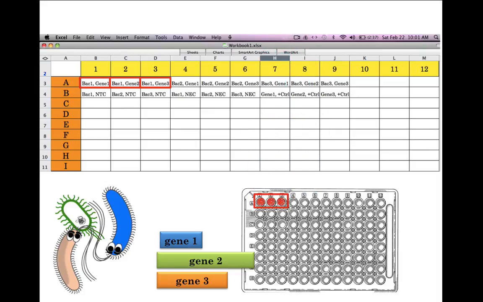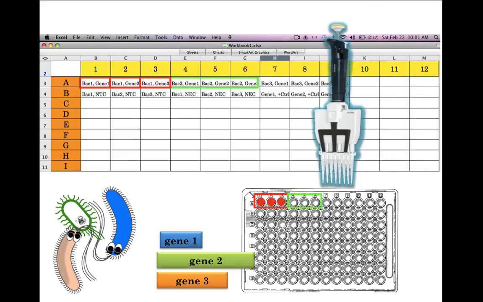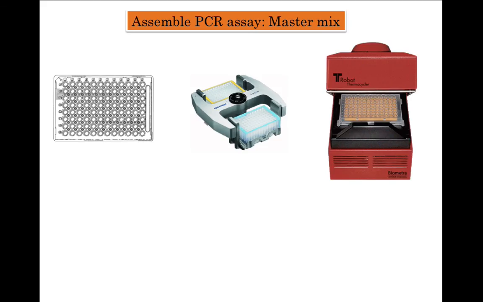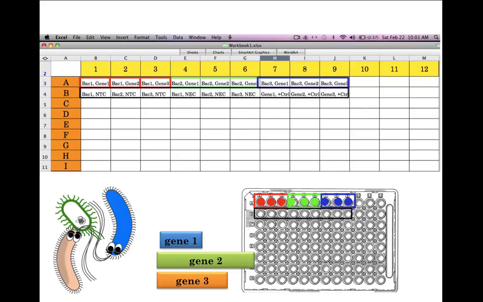Actually, because for all the tests it is the same thing, you should just do it in one go for all 3, bacteria 1, 2 and 3, and not separately like what I'm showing here. Same way you do it for all. This is how you generate your master mixes and save your time to assemble the PCR assays,